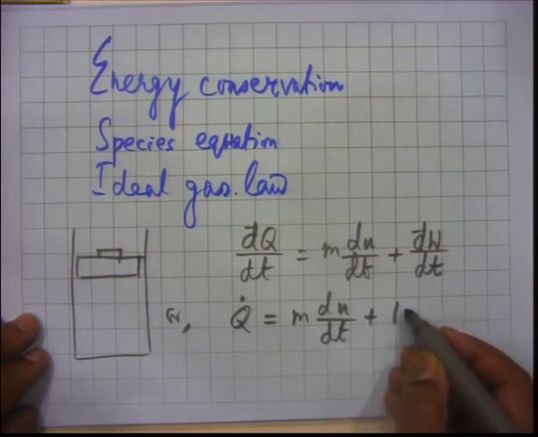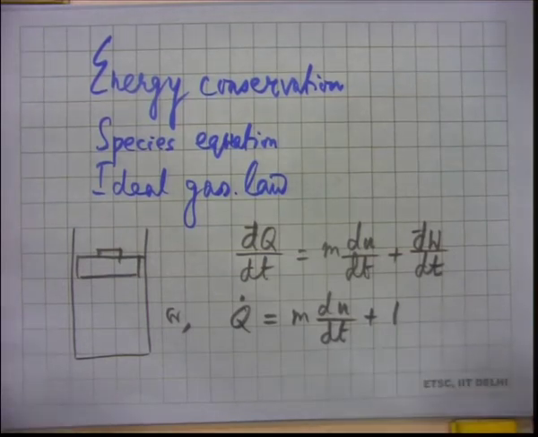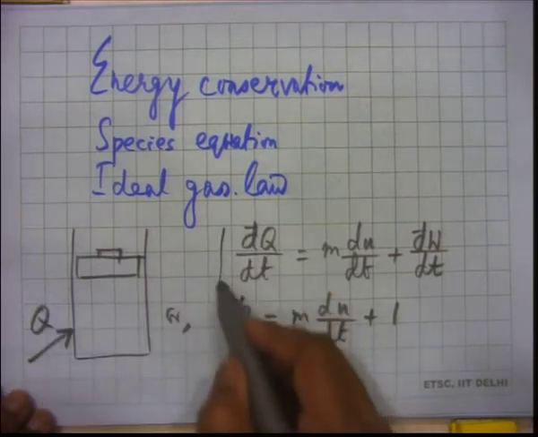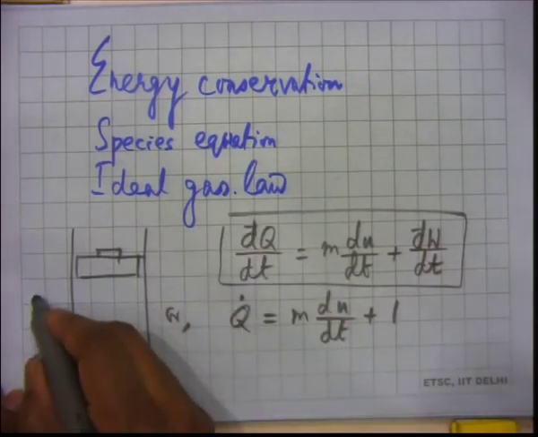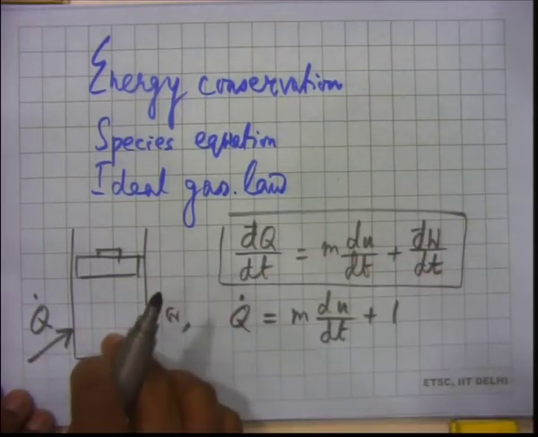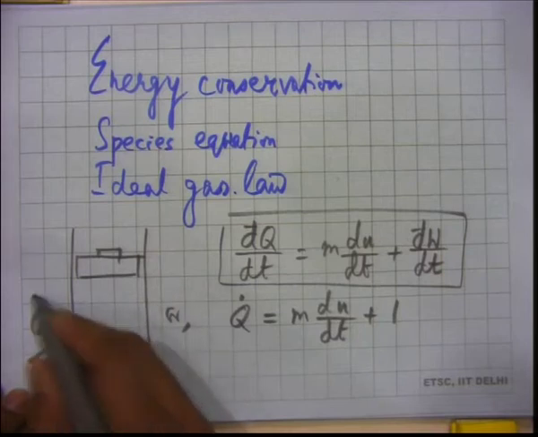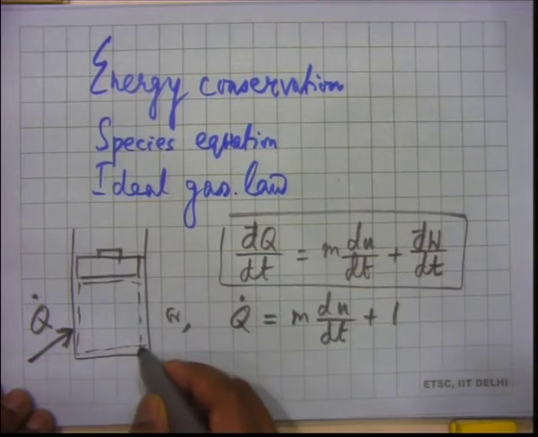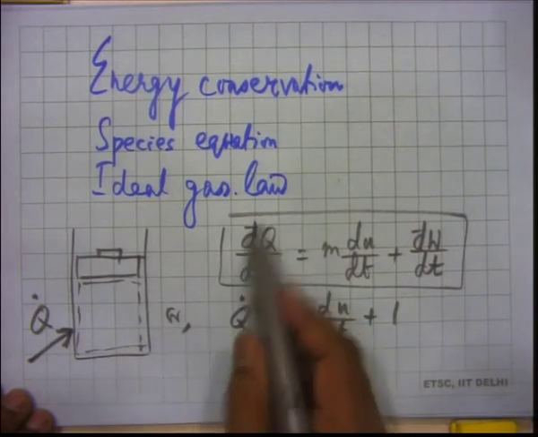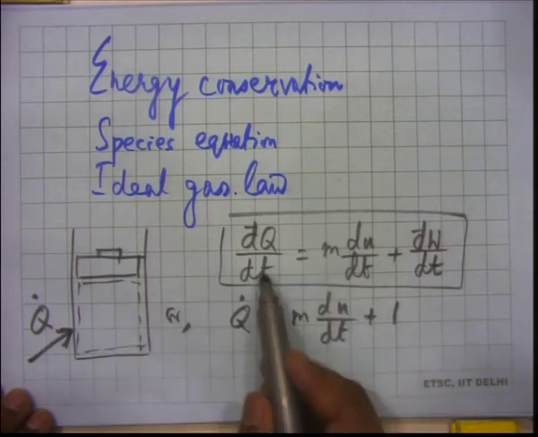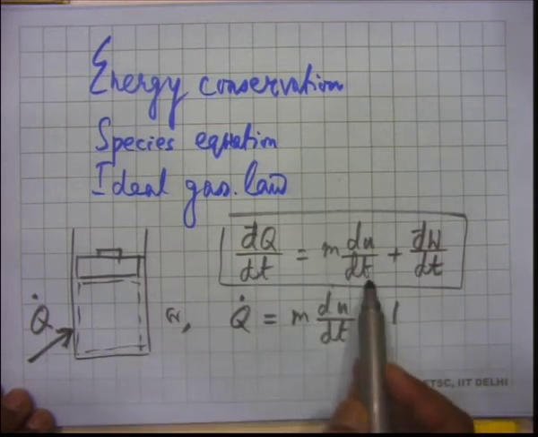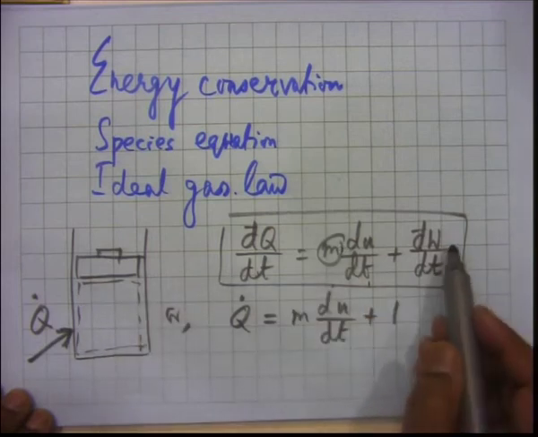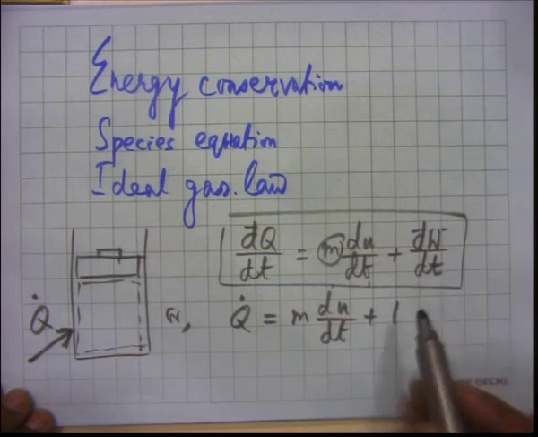Okay, what is the work done? Here, the convention that we are using in writing this first law expression for a system of fixed mass is that q dot going into this control volume is positive. So, this is q dot, and that q dot results in increase in internal energy. This is the mass of the system, all this that you have here, and this is the work done. So, the work done can be written as